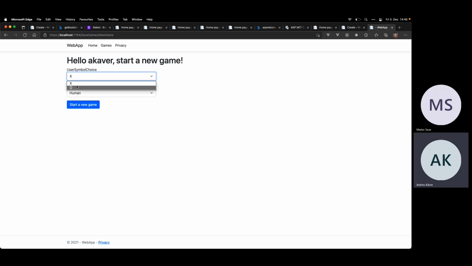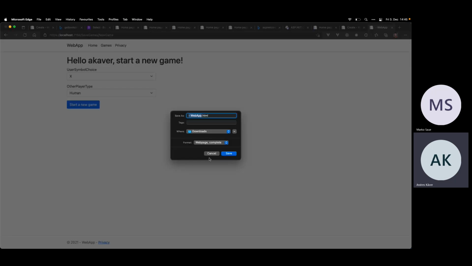User symbol choice, X or O, and against whom I'm playing. Is it a human or is it a computer? Okay, so those labels definitely need to be a little bit better, but this is a separate issue.